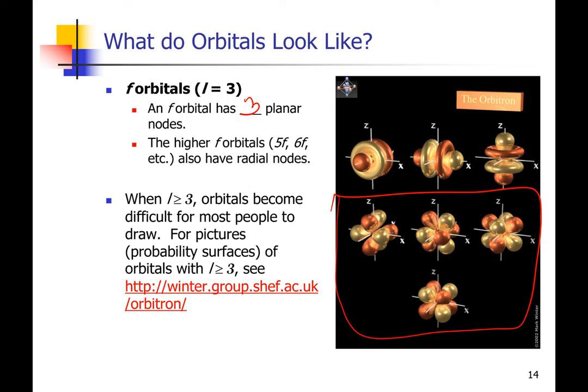And those are the 4 shapes of orbitals that are relevant to ground state atoms into which we are able to put electrons. There do exist orbitals with higher values for the angular momentum quantum number, g's and h's and so on, but they are so high in energy that electrons would only ever exist in them in an excited state atom. And so we will not be expecting you to write electron configuration